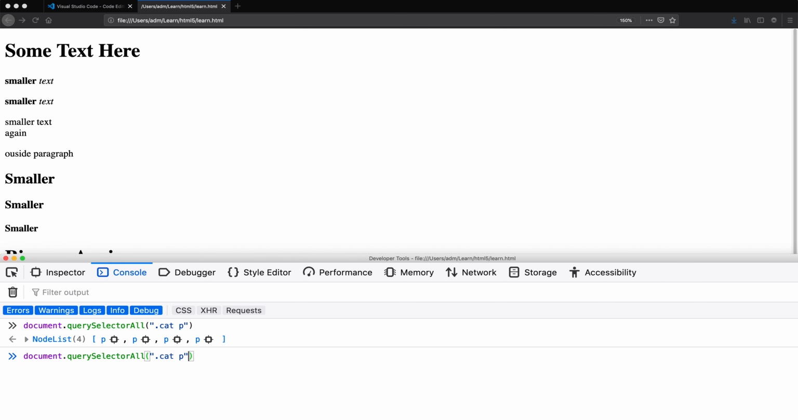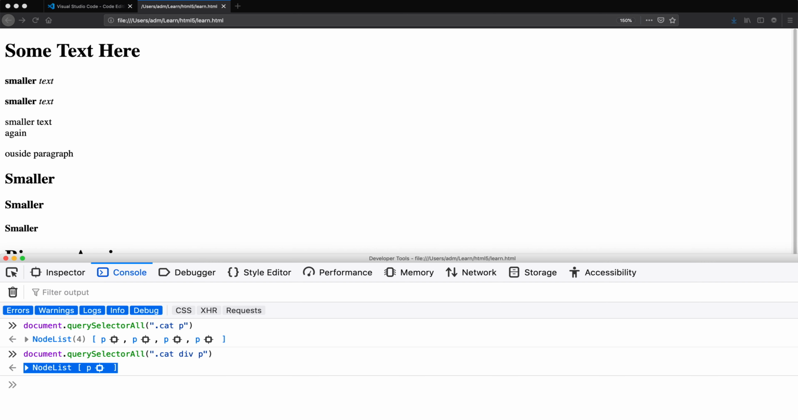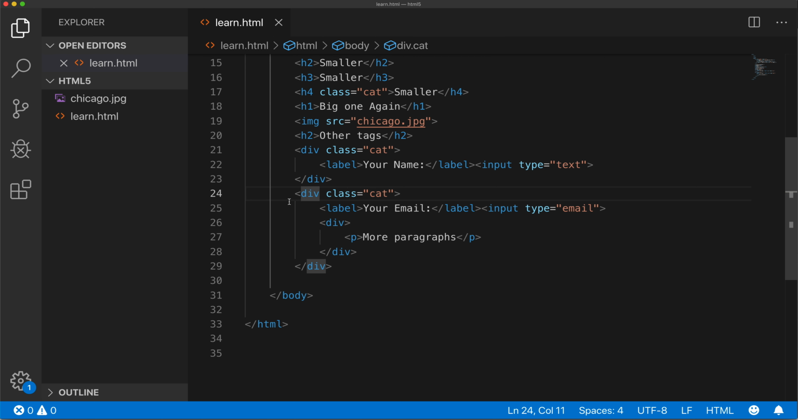So I can do this selector and do something like this. Now I'm saying I want some element with a class cat, and then inside of that element, I'm looking for a div, and inside of that element, I'm looking for a paragraph. So if I run this, just one, length 1, just one element,